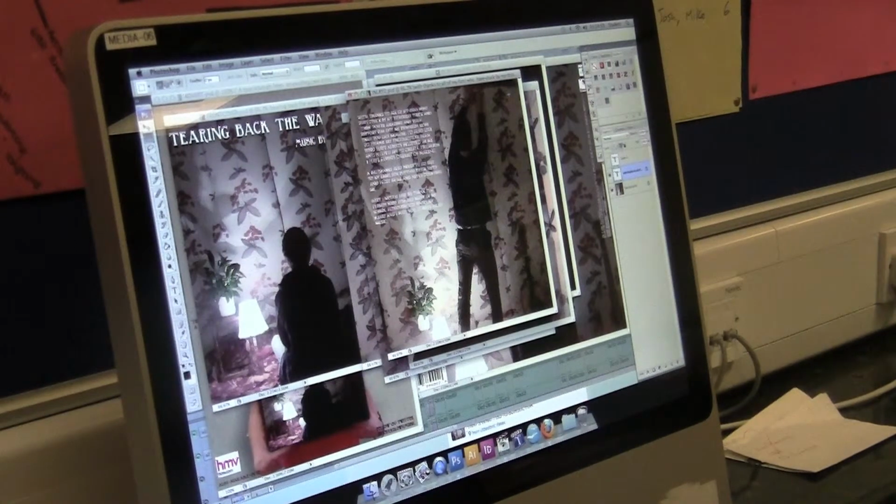In terms of planning, most of the organisation was done across the internet. We used social media sites to share ideas and to organise dates and times for filming. We also used YouTube greatly in planning. We looked at similar products and researched similar artists, which allowed us to gain ideas to use